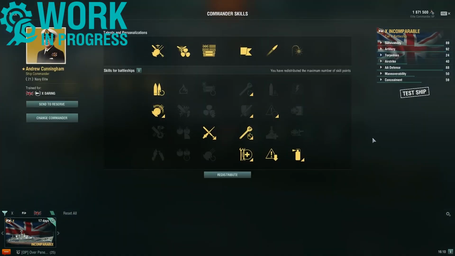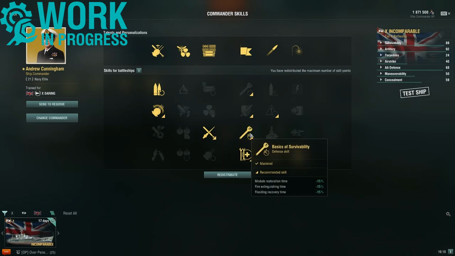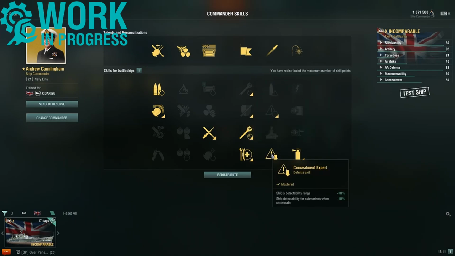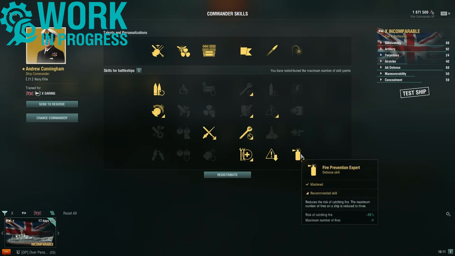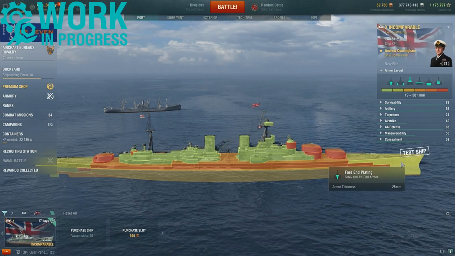I'm using my Andrew Cunningham captain. Got a pretty standard UK battleship build. Gun feeder, grease the gears, adrenaline rush, basics of survivability, emergency repair expert, concealment expert, and fire prevention expert. So that's the build. So let's take a look at the ship's armour layout, starting here with fore end plating,